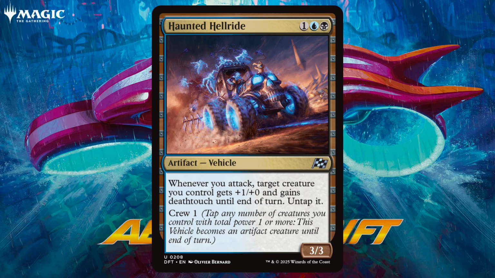I think this just dropping on turn 3 when you go into attack, even with some low 1 drops or 2 drops from the previous turn, you're essentially turning those into deathtouch attacking creatures that also in essence have vigilance, and that just feels very, very good. Being able to crew this up for 1 also feels like a really, really good rate. I think it's one of the better vehicles at this uncommon slot, and I am a fan,